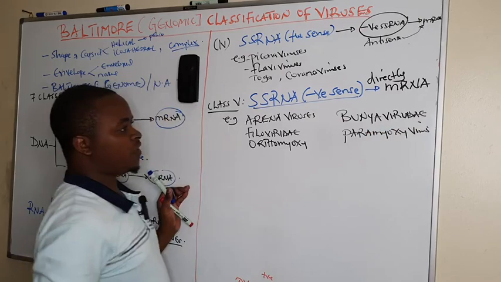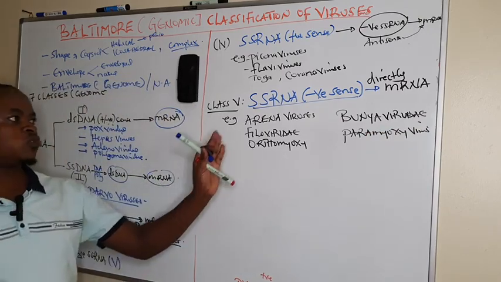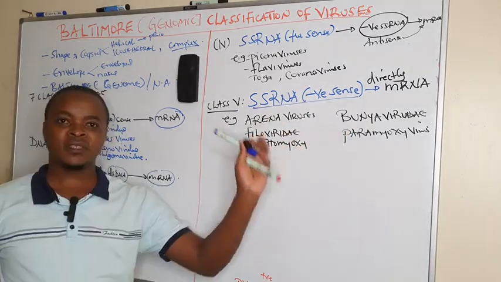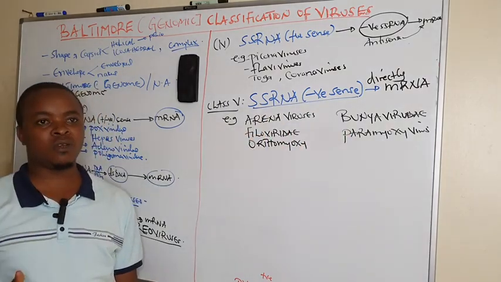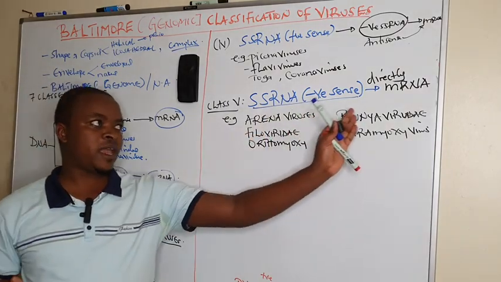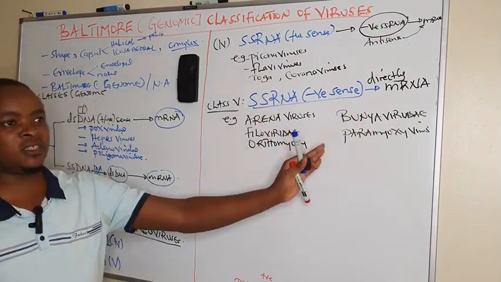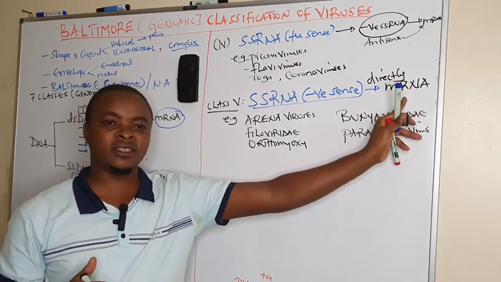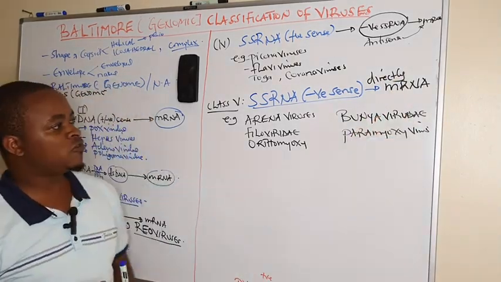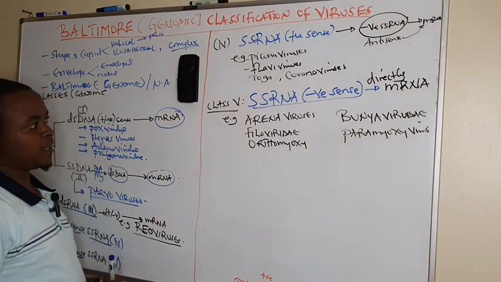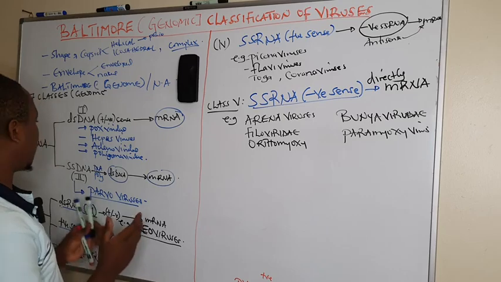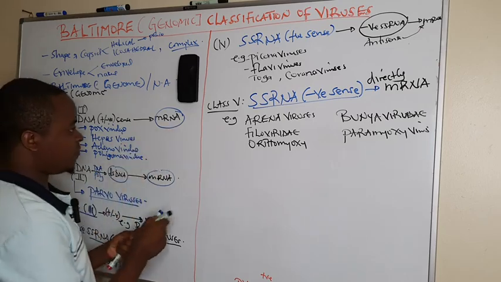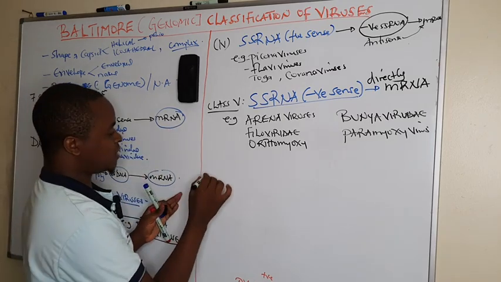So these are the 5 examples of single-stranded RNA with negative sense according to Baltimore classification, which for them directly they are converted into messenger RNA by the process of transcription so that this messenger RNA can be translated to form proteins. Then after seeing, now this is class 5, from class 5 we go to class 6, and